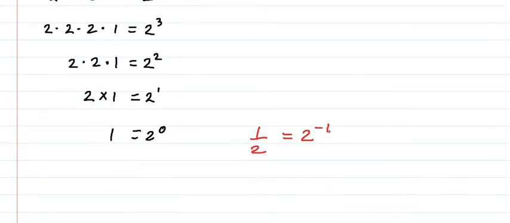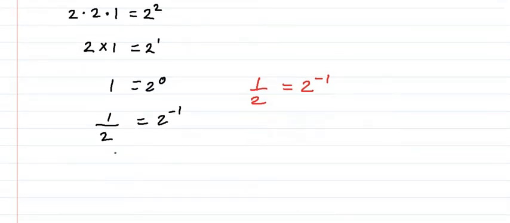We've now extended our notation down into negative figures, and again we can understand this as being nothing more than an instruction that tells us when you see a power to the minus 1, it means 1 divided by a particular number. And the minus 1 in this case indicates that you divide by that number once. And if we carry on the pattern,